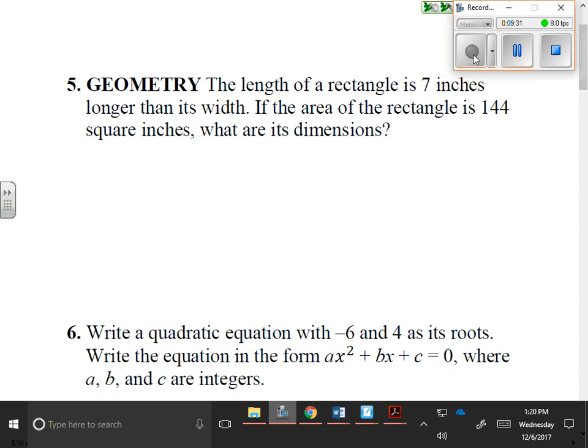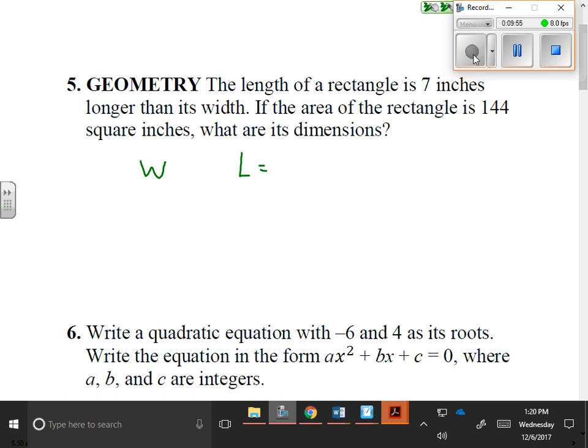The length of a rectangle is 7 inches longer than the width. The area is 144. What are the dimensions? You can probably do this by trial and error, but if we want to use algebra, here's how we do it. We have our length, and we have our width. Width we don't know, but we know the length